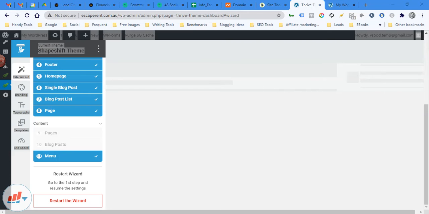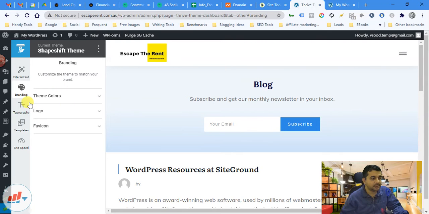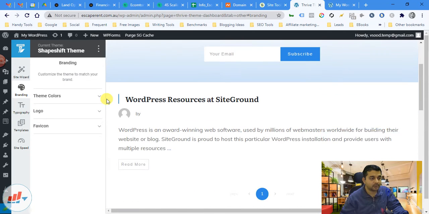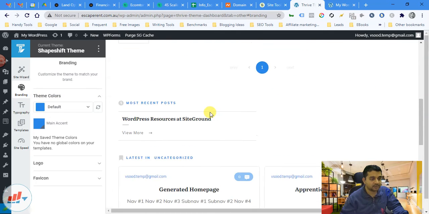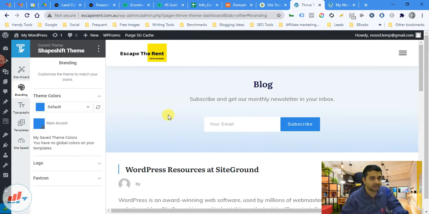Now if you see here, Thrive Themes is providing us so many options. We can choose the theme colors all at once. Currently the theme color is kind of the blue tone that we have chosen, but we can always change the color tones. It gives us a lot of options. Just with a single click of a button we can choose the colors.